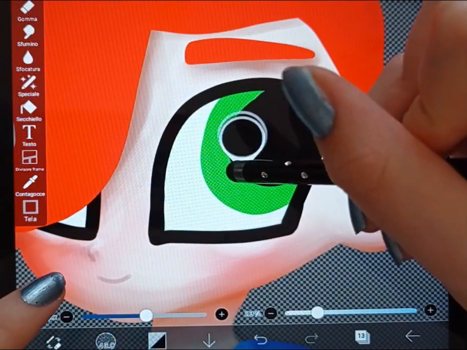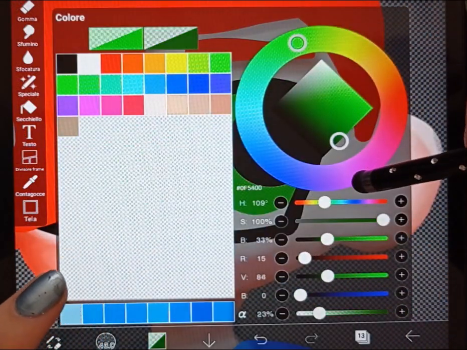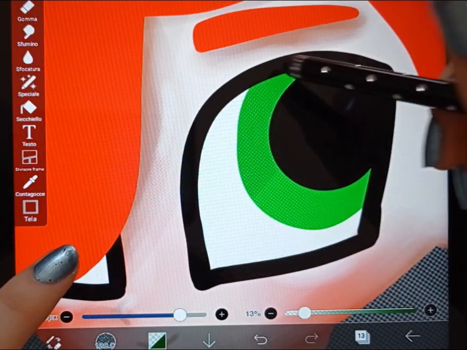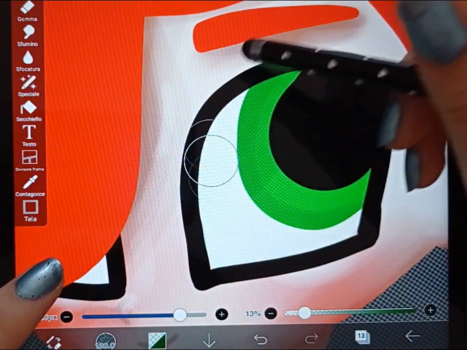Okay, now for the eyes, I first do a bit of shading here, then I do the borders, because,